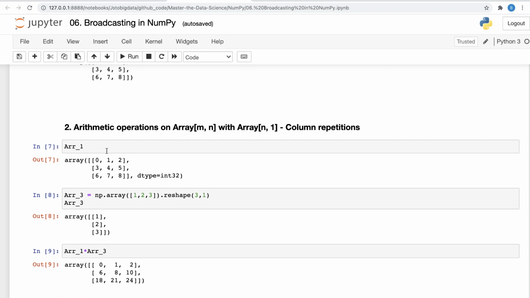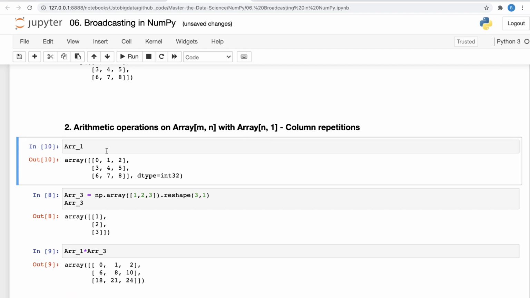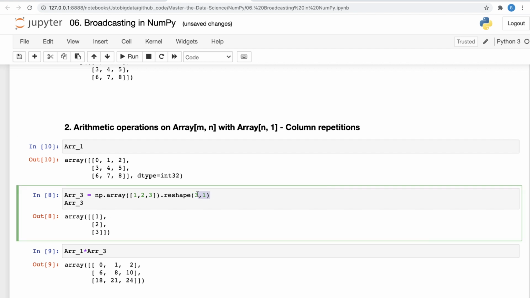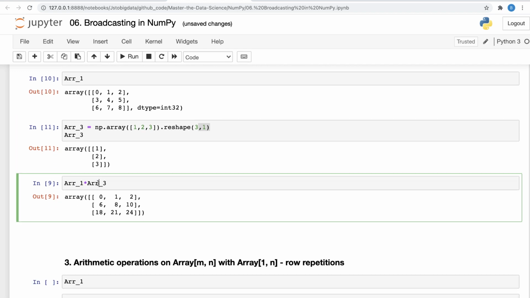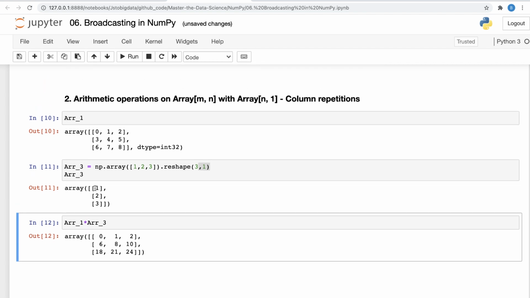Now let's say you have one array which is obviously 3 by 3 and another array which is having 3 rows but 1 column, right? 3 by 1. So if you want to perform multiplication between those, what you can do is just do array 1 into array 3, right? But how it happens is that 1 2 3, again the next column would be 1 2 3, again the third column would be 1 2 3. So that's how it would be getting matched with this 3 by 3 matrix.